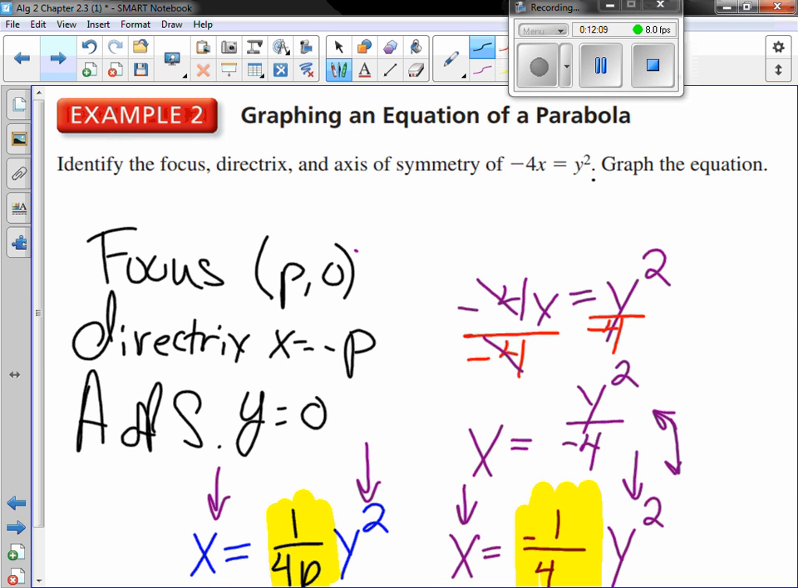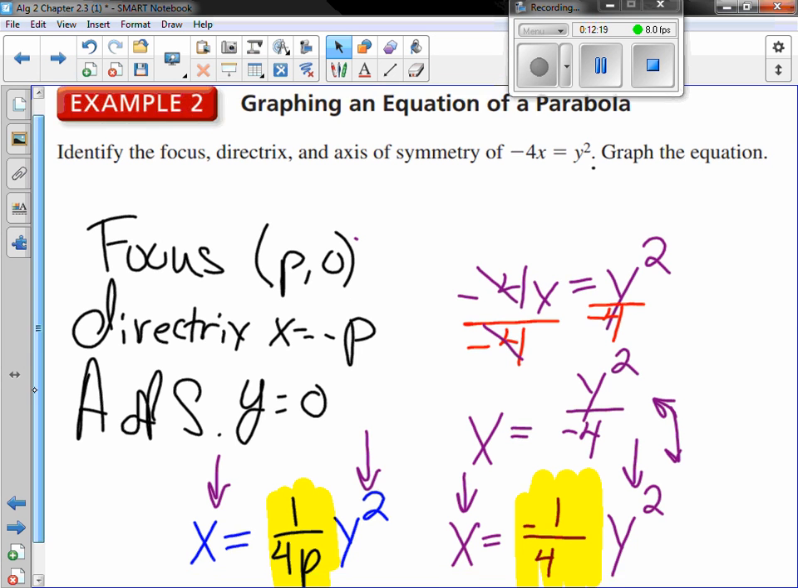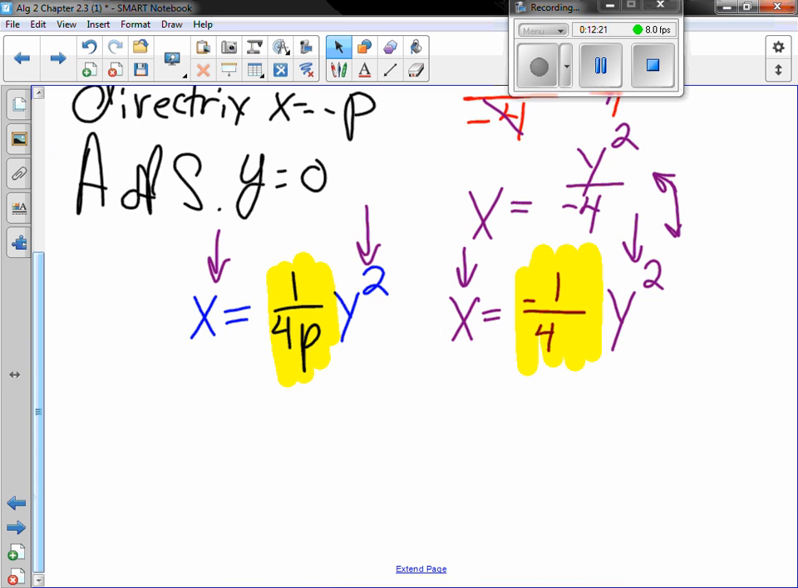So what am I missing here and here? I'm missing the value of p, yes? Okay? Four p, 1 over 4p times y squared, yes? What's in that same place? Negative 1/4. Yes? So to find the value of p,